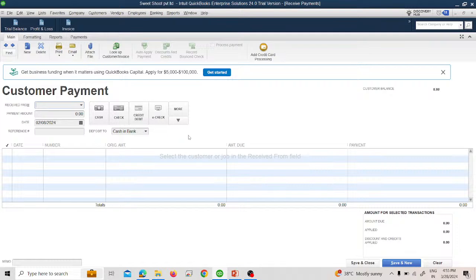So the same exercise we are going to do: we should deposit the check into undeposited funds, later than we receive it. So suppose on 9th of February